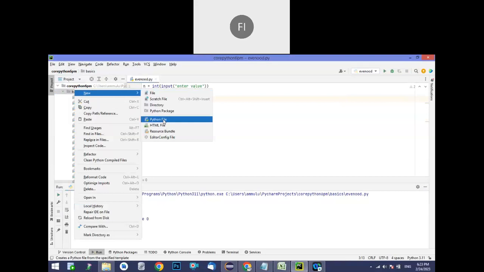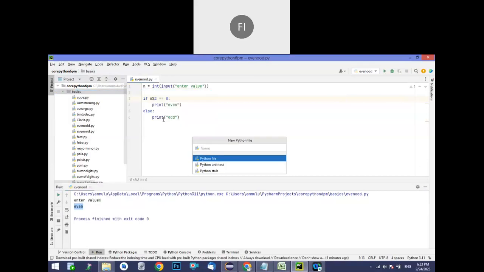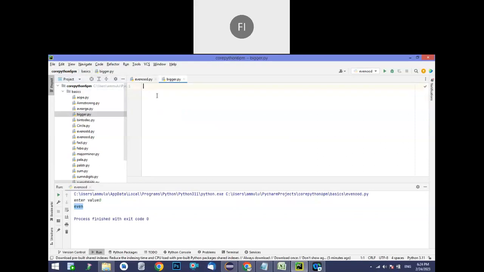I want to find the bigger value between two values. First, I want to take two inputs, and I need to print the bigger value from the respective two values. That is what I am trying to do. So now I'm taking an example named bigger. Here I'm taking two values as input. So a equal to int of input of